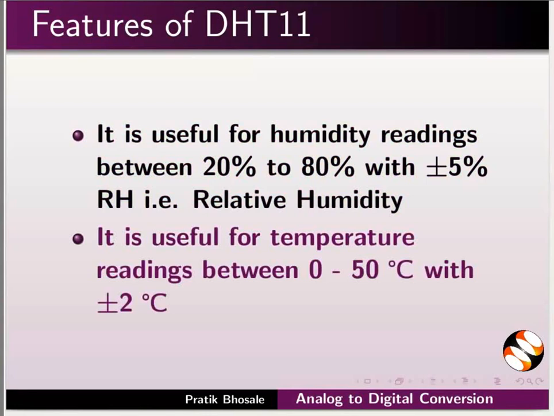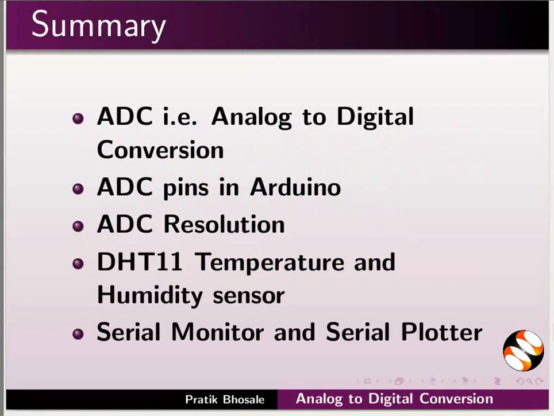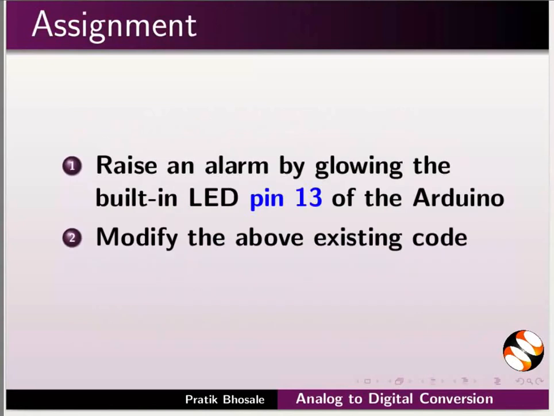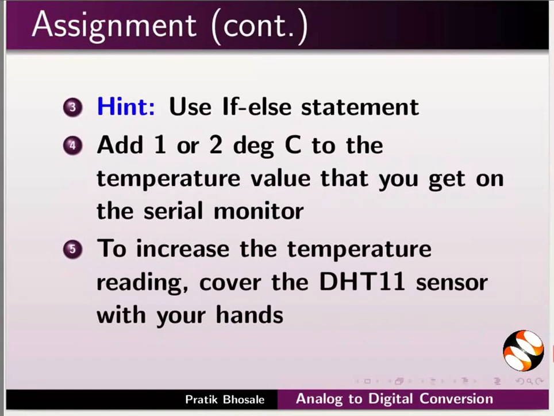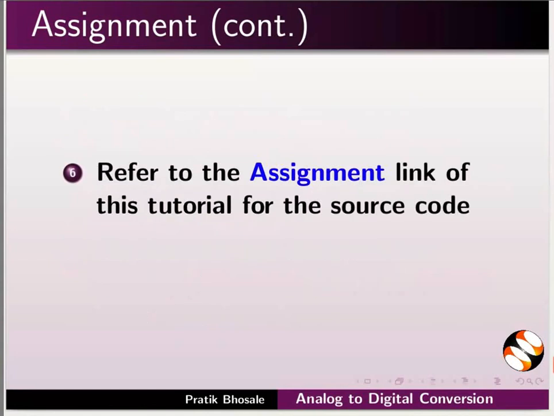Let us modify the program. Comment the line serial.print temperature and humidity as shown. This will not print the text temperature and humidity. For plotting, we require only the values of temperature and humidity. Let us upload the current program to see the results on serial plotter. Click on the Tools menu and select Serial Plotter. The serial plotter window opens.